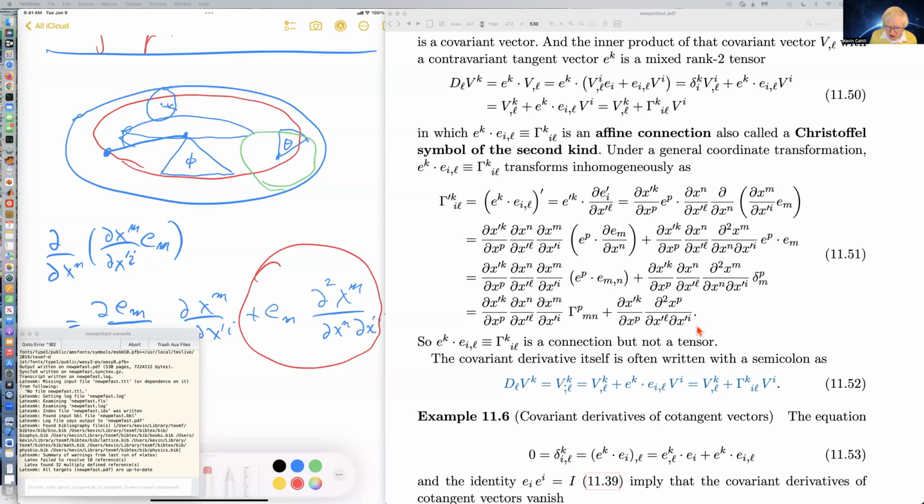Okay. So what we say here is that the Christoffel symbols are a connection, but not a tensor, because they transform inhomogeneously. In other words, there's an extra piece here. And that's the way all of these connections transform. And in particular, the electromagnetic field is a connection. It's not really a covariant vector. Well, it's a covariant vector in terms of coordinate transformations, but